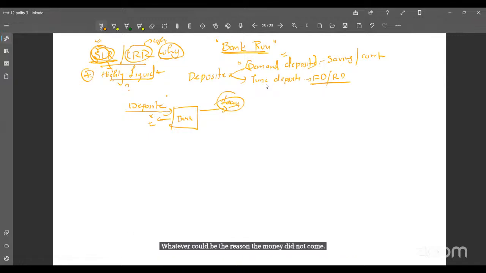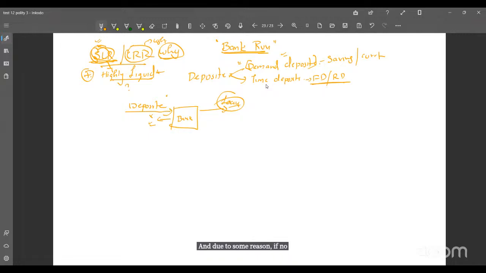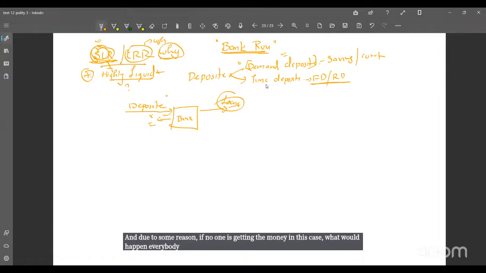What he would do is he will automatically come back and put it in the WhatsApp group that I tried with this particular bank, money did not come. Automatically what the rest of the people would do is they will also go and try. And due to some reason, if no one is getting the money, in this case, what would happen? Now, everybody will go in front of the bank and they will ask for the money. If the bank could repay them,